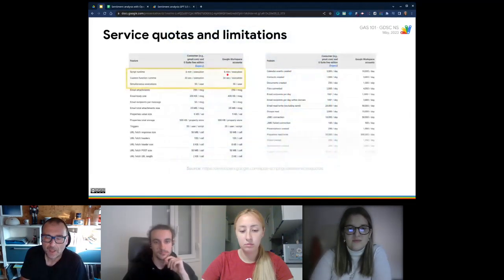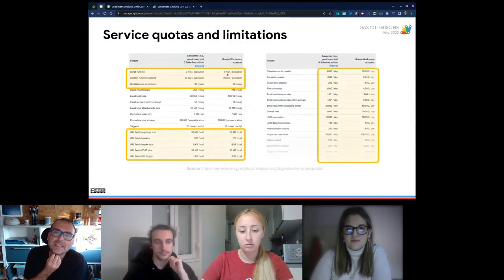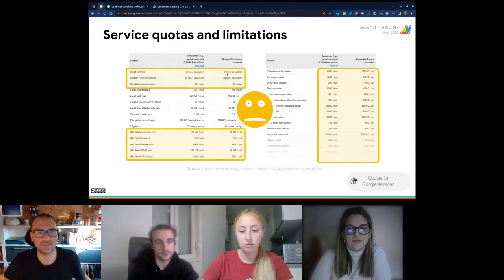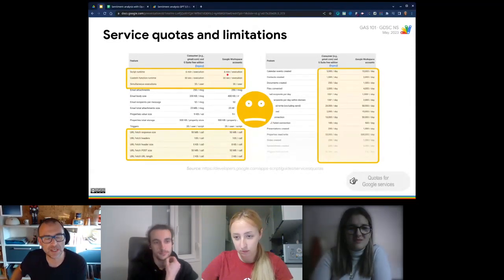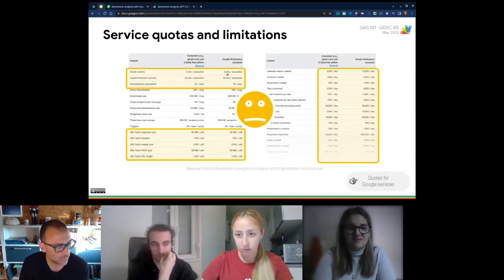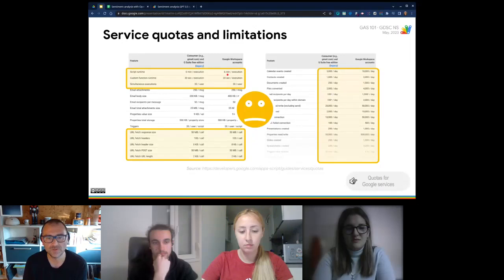Okay. Well, limitations and quotas. I told you before that one of the problems that you could find in the AppScript ecosystem is that maybe it does not scale too well. So maybe it's not suitable for problems that involve moving lots of data, that involve executing scripts for very long periods of time. So there are lots of limitations, and you can pay to remove those limitations. They are hard ceilings, so to speak.